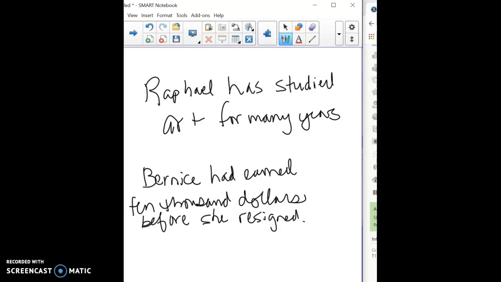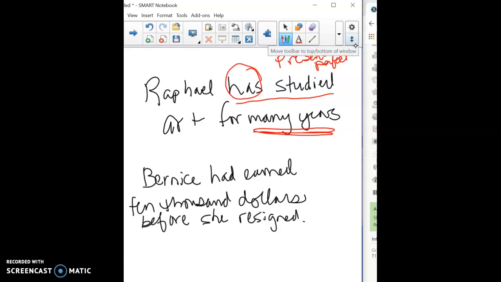For this first sentence, we have Raphael has studied art for many years. When we look at that, we see that we have the auxiliary or helping verb has, and then we have this ambiguous amount of years, many years. So with those cues, we know that this would be present perfect tense. Our second one here, Bernice had earned